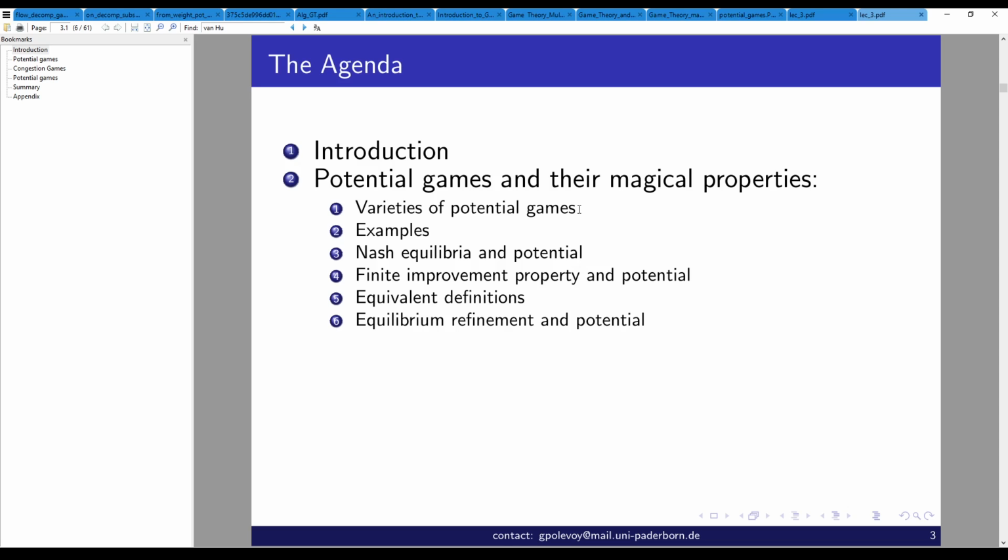First, we're going to define several variants of the potential games. There are many variants which are weaker, and then the strongest we're going to study are actually potential games. Now, then we're going to exemplify all kinds of variants. Well, the first conclusion is about the existence of Nash equilibria of such games, at least for finite games. And then the second conclusion is going to relate to the so-called improvement paths and finite improvement property, which is basically equivalent to a very weak notion of potential called generalized ordinal potential.